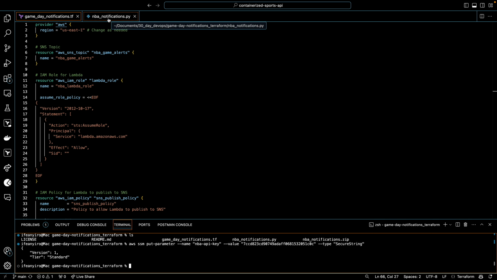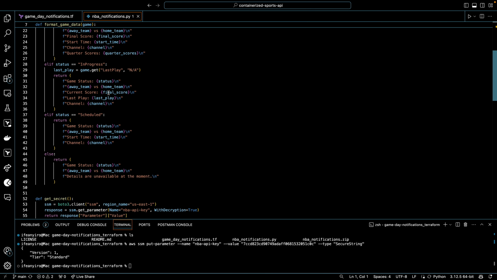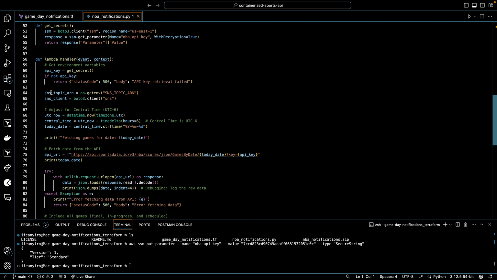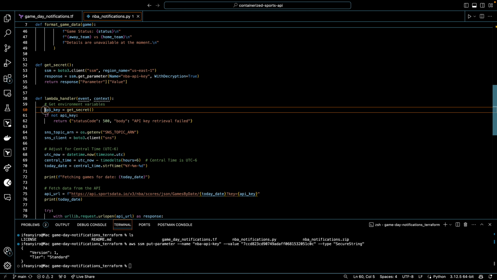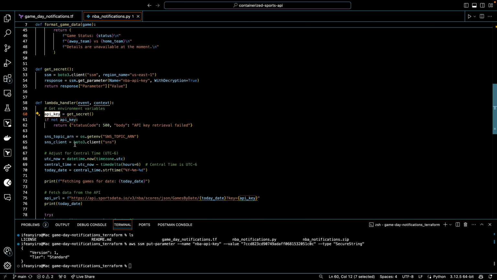Now let's go to the NBA notifications py file. This is the Python file. Listen, nothing here changes. It's the same thing. It's doing the exact same thing, but we changed one thing. What did we change? Where is it? Right here. When we're actually getting the environment variable for the API key, instead of us trying to get it from the environment itself, like we did here with the os get environment SNS topic ARN,